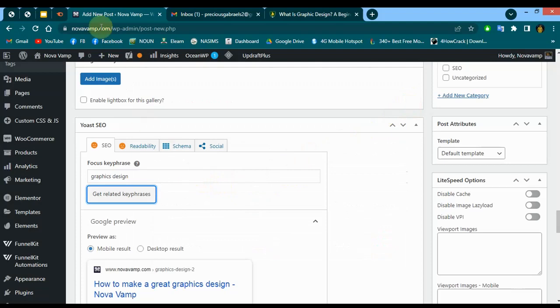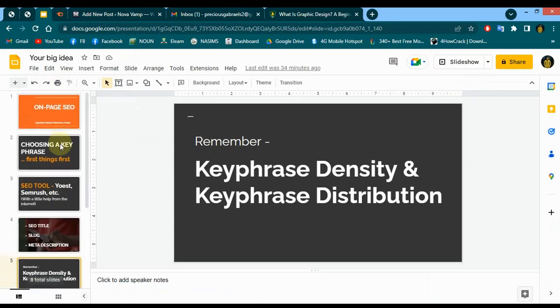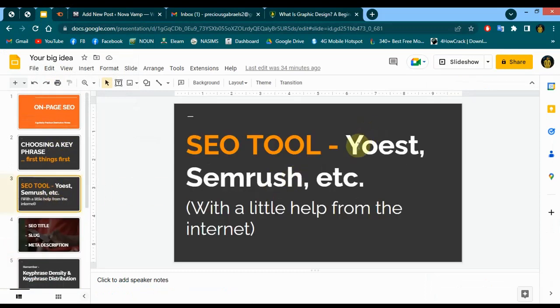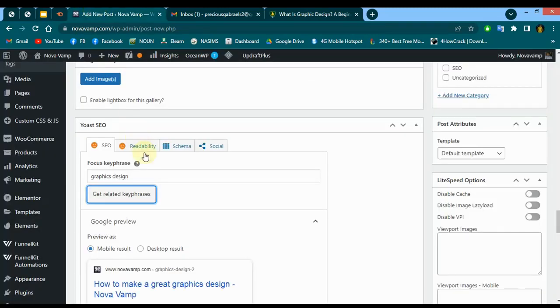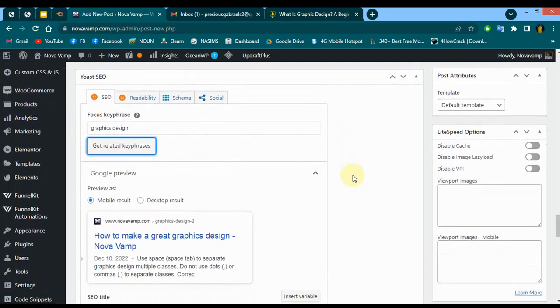Okay, other software like SEMrush. I told you about SEO tools: Yoast, SEMrush. Most people that build blogs using WordPress use Yoast. Others use SEMrush. SEMrush is as good as Yoast as well. So if you don't have access to Yoast SEO, you can use SEMrush, and it is actually nice. It works almost the same way as Yoast. They will help you to get all these keywords, related keywords, trends,